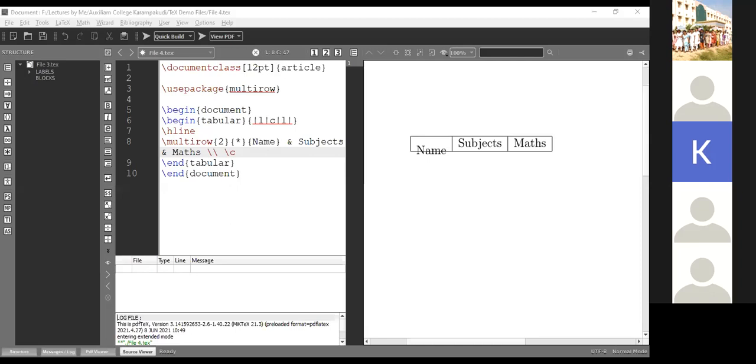Instead of a horizontal line, I'm going to create a cline. Cline is nothing but a connected line. So column number 2, column number 3. Okay, in between, this is column 2, another one is column 3. Okay, I'm going to run